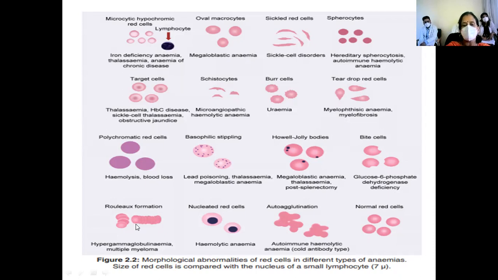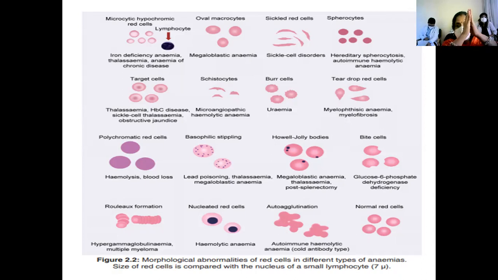Normally, when we look at anticoagulated blood, they all settle down, the rouleau formation. One above the other, the RBCs are arranged like stacks of coins. Normally we don't find that, but if it is heavy rouleau formation, we find it only in the thick portion of the blood smear. But if we find it in the thinner portion also, that means a lot of immunoglobulins are making these cells come together. One of the conditions is multiple myeloma.